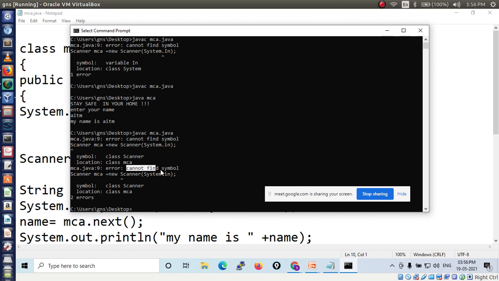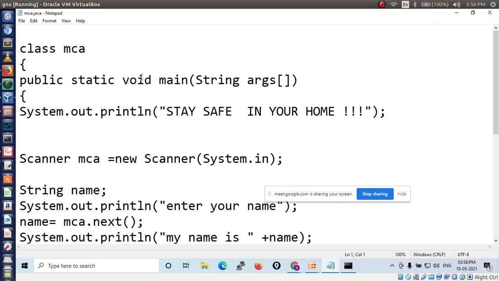Error: cannot find symbol Scanner. Is that clear? Because we are not using a package name here. To use these default classes, compulsorily we have to use that package name in our Java program. Here I didn't use the package name, so that's why it's showing an error. Is that clear? Yes or no?